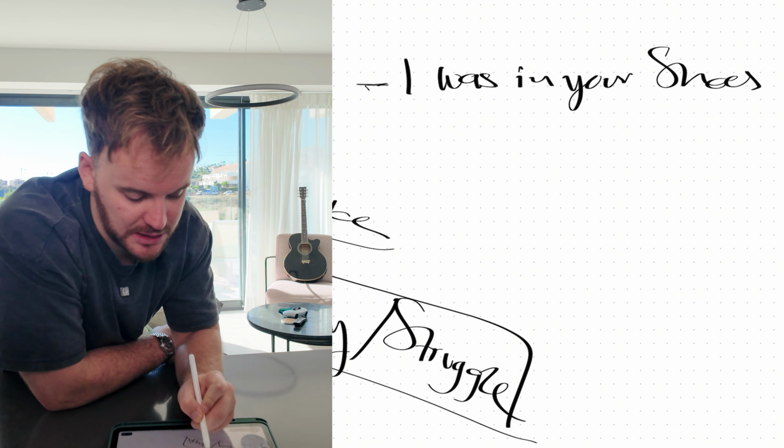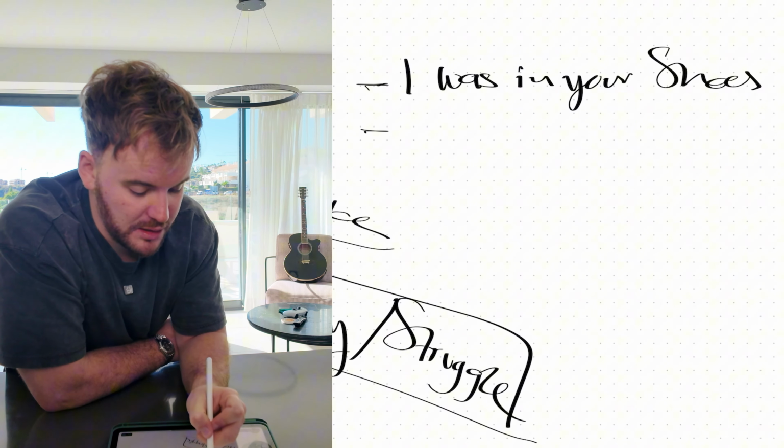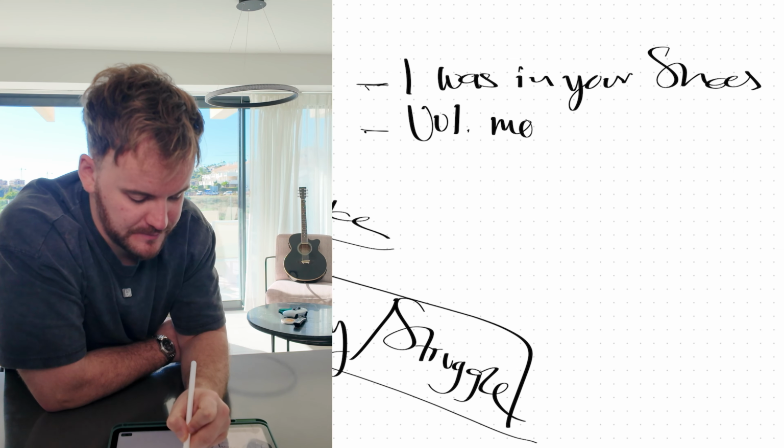This is your relating content. The second are vulnerable moments. So like big losses that you had, telling a story about a time where you went through a huge problem, a huge breakup or business disaster or fitness thing or health scare, whatever it is, vulnerable moments, and talking directly to the camera about that.